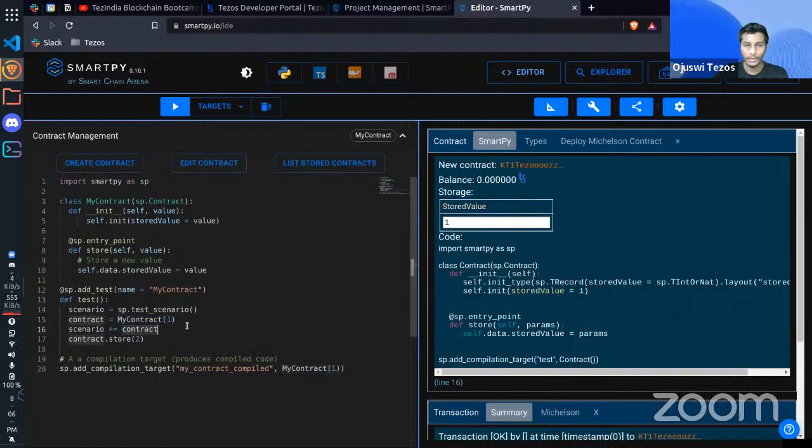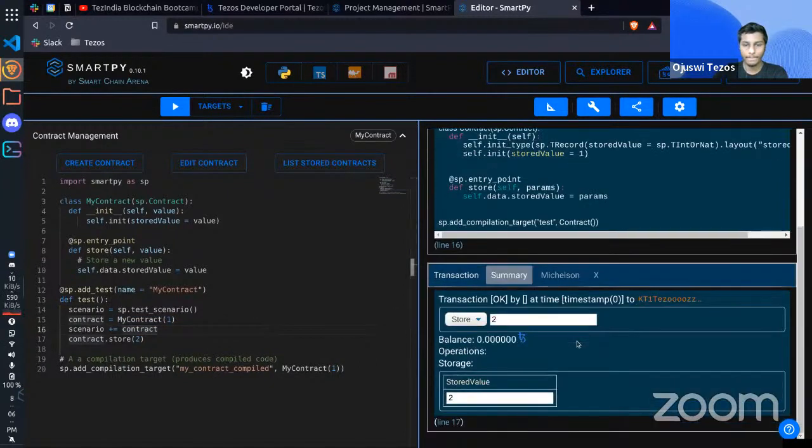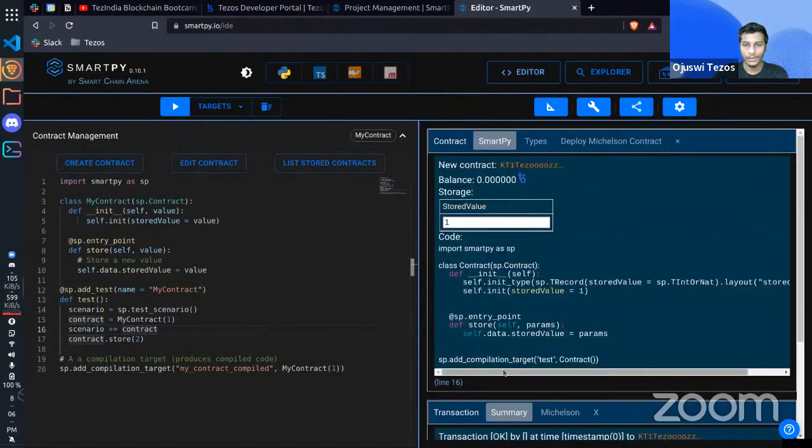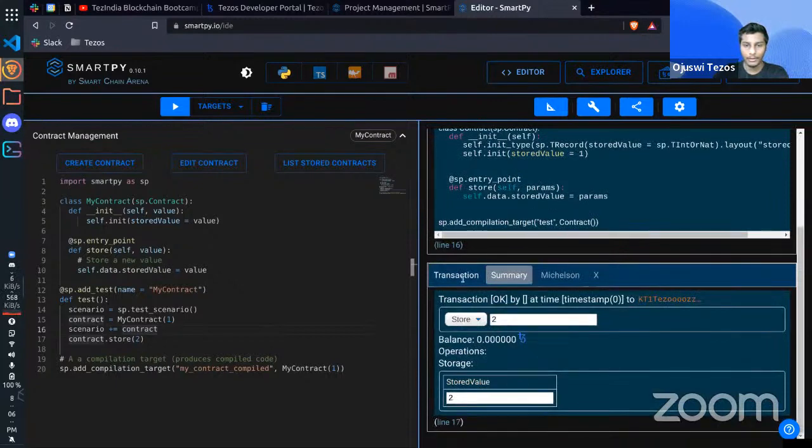Just what we expected, right? Then as a second thing, which is a transaction. Now this was a contract deployment, and the second line, which is line number 17, is a transaction. And the summary of it is we are basically calling the store function, right? This thing tells us that the store function is called with a parameter value of 2,